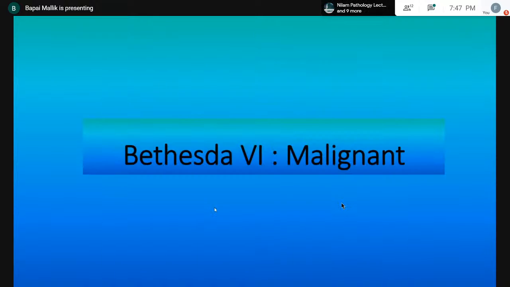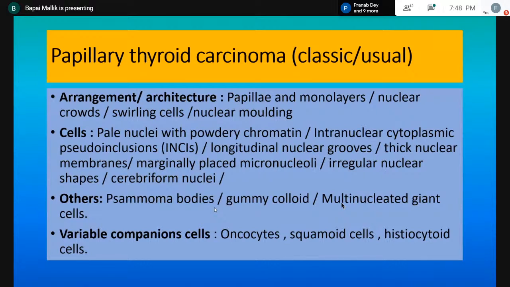So, going to the next category, Bethesda category 6, or malignant. The first one, the commonest one, papillary thyroid carcinoma. First, we are going to talk about papillary thyroid carcinoma, the classic and the usual type. Let's look at the features. As far as the arrangement or architecture is concerned, you see papillae and you see monolayers. You see a significant amount of nuclear crowding. You see swirling of the nuclei around some kind of a central point, and you see a significant degree of